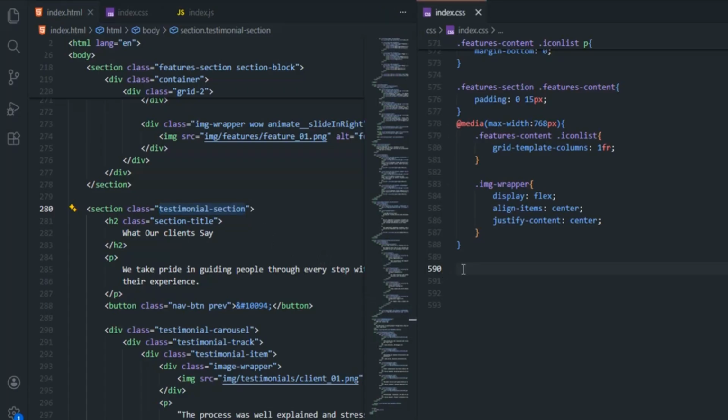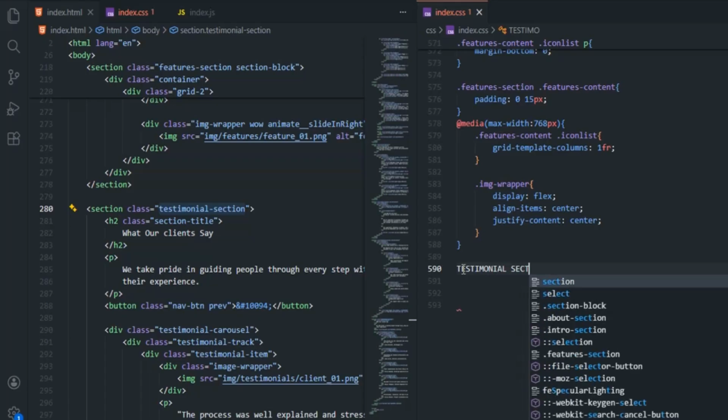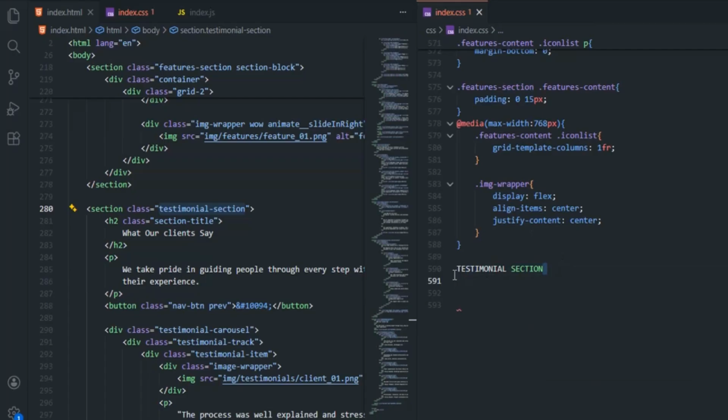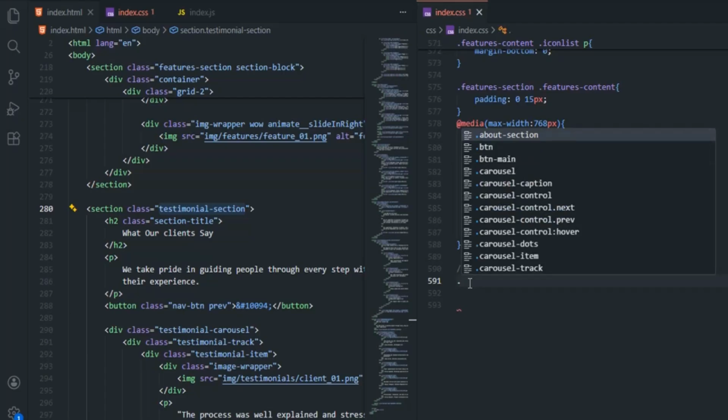Before that, let's title the area we're coding in our CSS. So I'll call it Testimonial Section. And then I'll comment this title. Below it, we want to begin styling our testimonial section. So we have testimonial section,